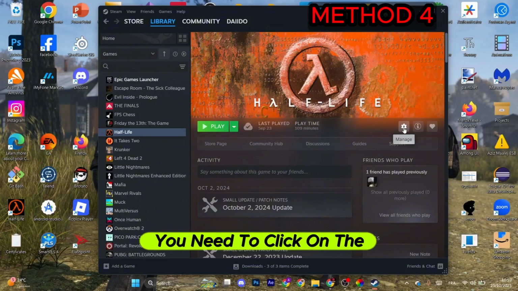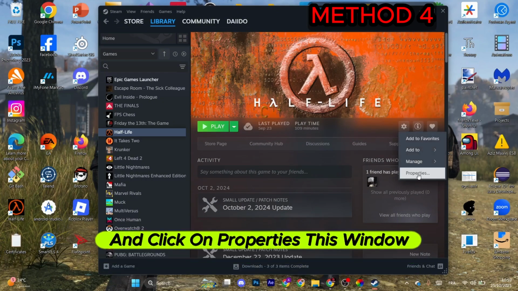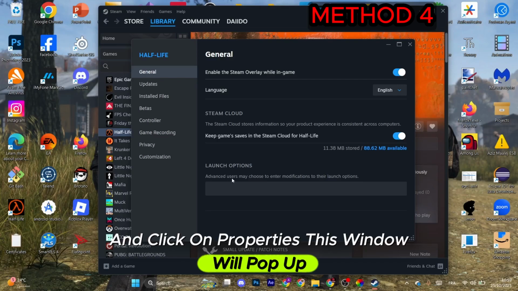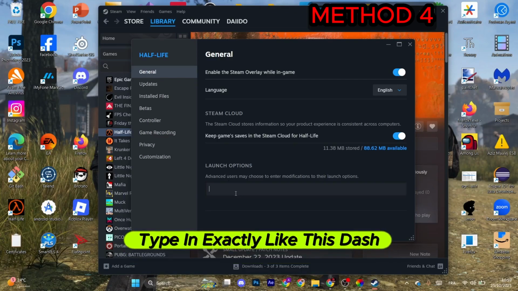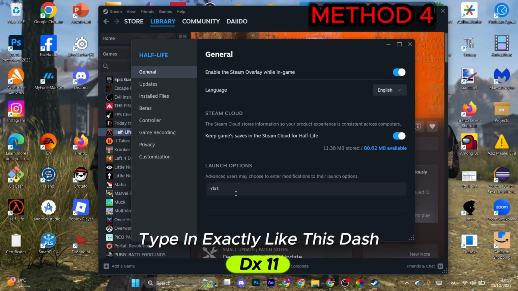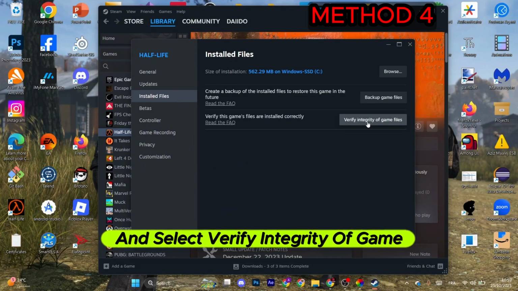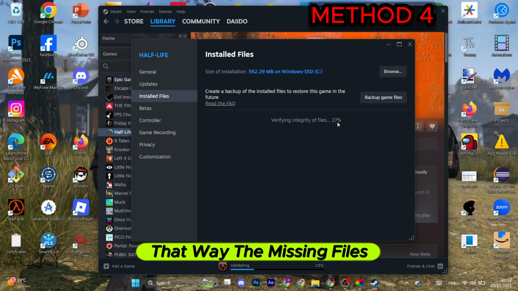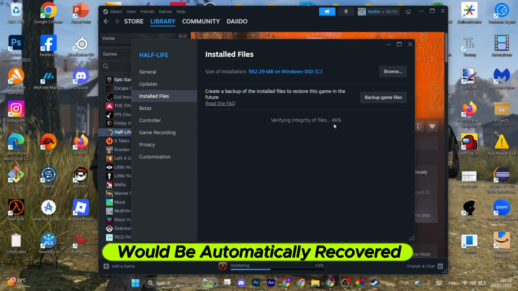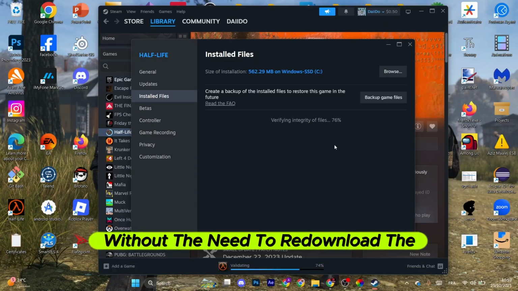After that, you need to click on the manage option appearing and click on properties. This window will pop up, so go to launch options, type in exactly like this, -dx11. After that, go to installed files in the left menu and select verify integrity of game files. That way, the missing files or the corrupted files will be automatically recovered without the need to re-download the game